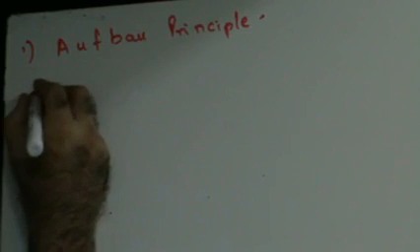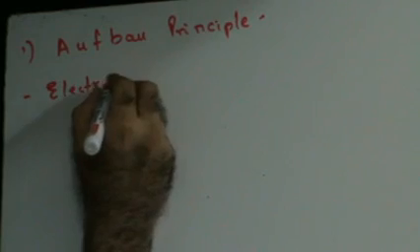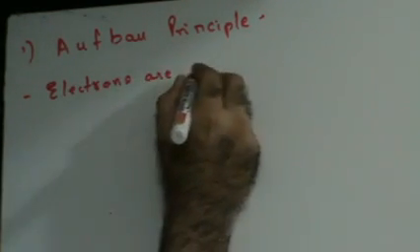Now, last lecture we had seen what are orbitals. Today we'll see something new which is called the Aufbau principle. The Aufbau principle tells you how electrons are filled in their atomic orbitals. Now, the Aufbau principle says, guys, start writing with me, electrons are added